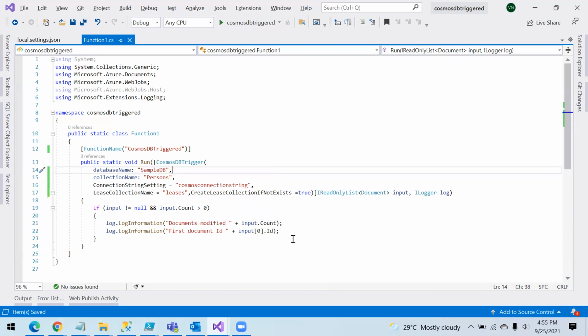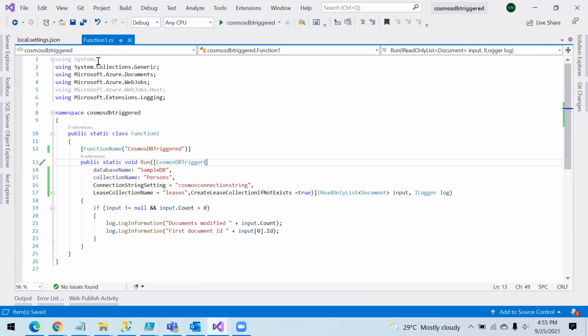So I will show you that. I'm not going to create it here. I just put this extra attribute, which says create lease connection if not exist to be true. So keeping this ready here, I'm going to test this now.